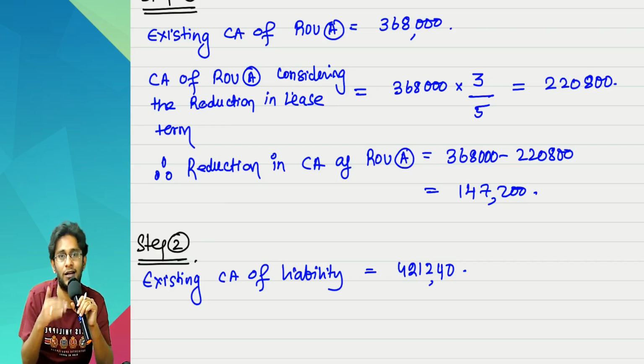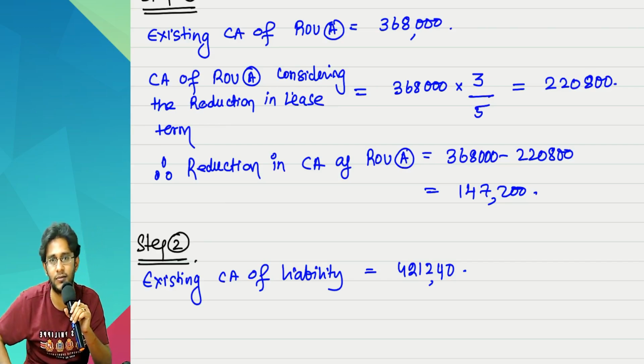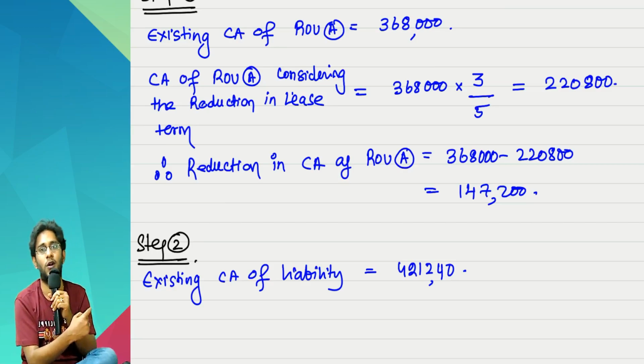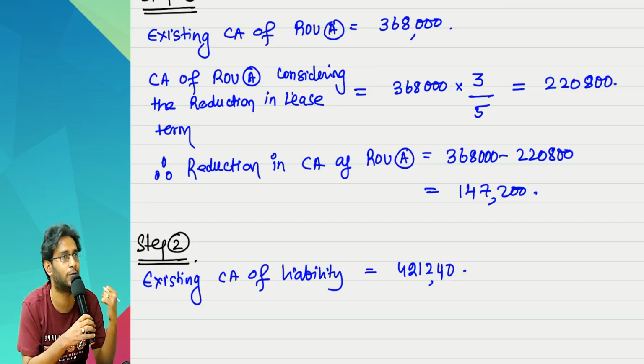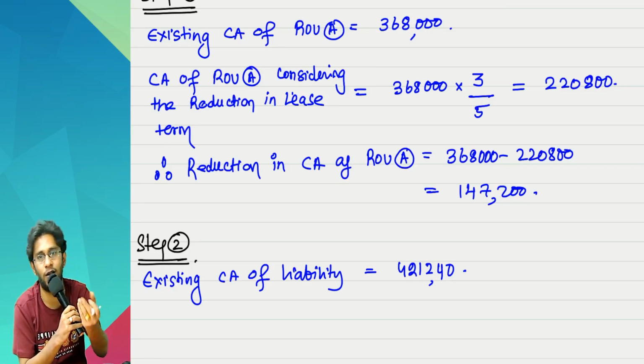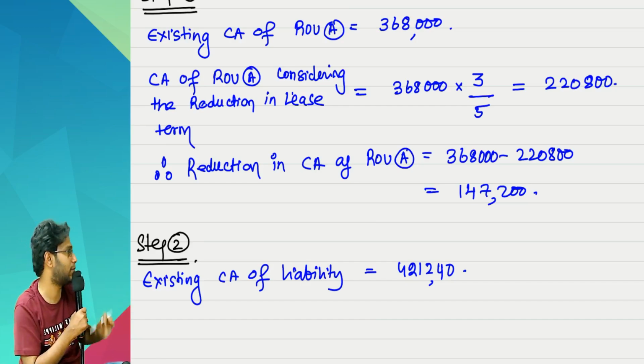In that case, the lease rent itself was half, so directly 50% I minused. This time the adjustment is not in space. This time the adjustment is in years. When the adjustment is related to time, if you work out a direct percentage, you will get the wrong answer, because time value of money is involved here. Based on years, the time value of money will change, no sir. That's why how you have to think is,